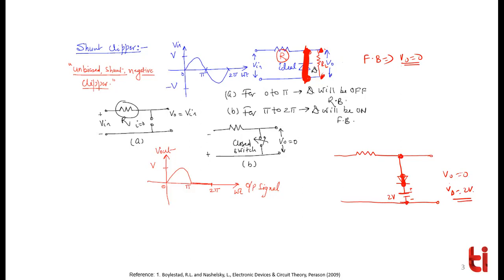You need to understand that completely, because you are measuring the output exactly across these 2 points. If there is no battery, only the diode, then definitely if the diode is forward biased, the output has to be 0. But if there is a battery along with the diode, then you need to check the battery direction. If it is the same as the output, it is 2 volts. If the battery direction is reversed, the output voltage will be minus 2 volts, because you are going to apply KVL in this loop. Now let's consider some examples, then these things will be clear.